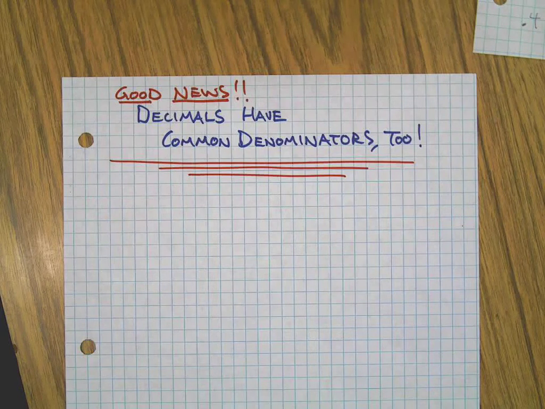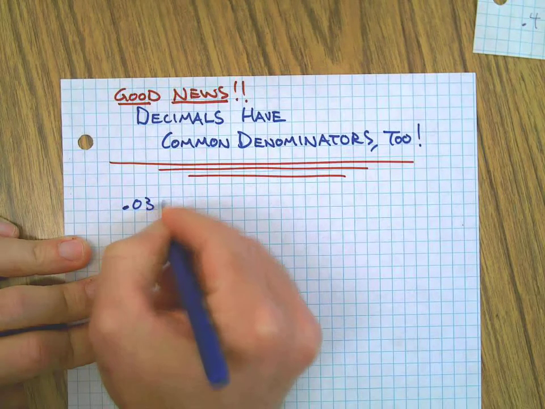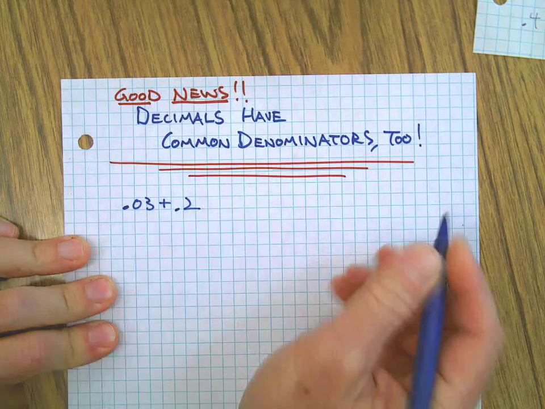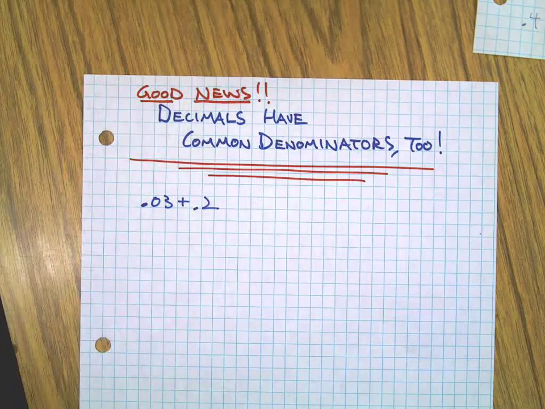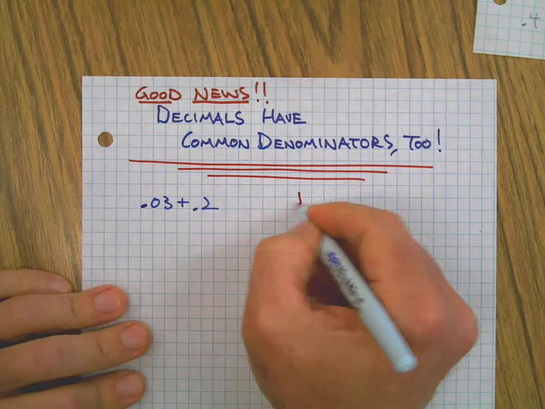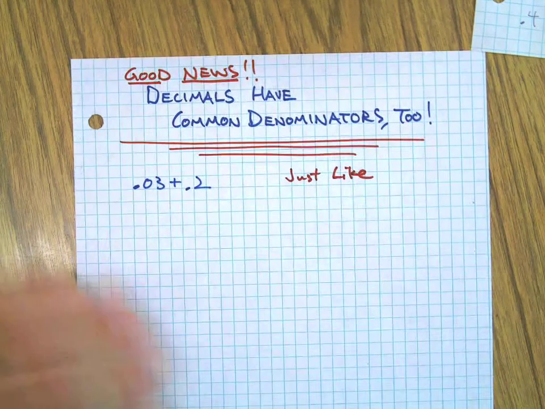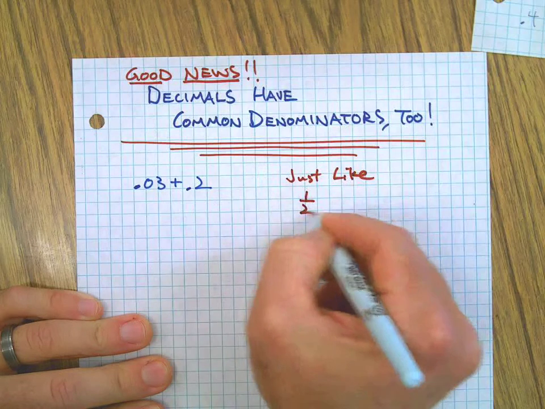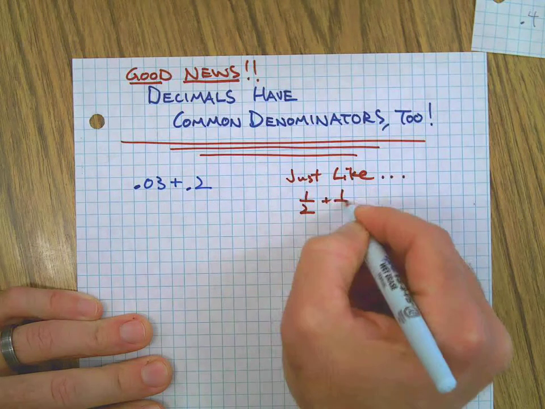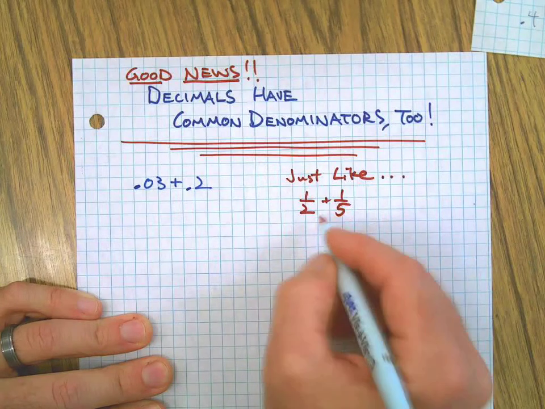Imagine you're taking a test and you have some decimals and you've got to figure out how to add them, like this. Now I know you probably already have the answer in your head, but I'm just using this easy example to show a point. Well, let's think back to fractions. What allows us to add and subtract fractions? Well, when we come up with a common denominator, a number that's the same on the bottom,